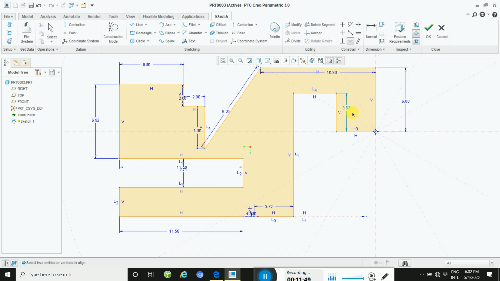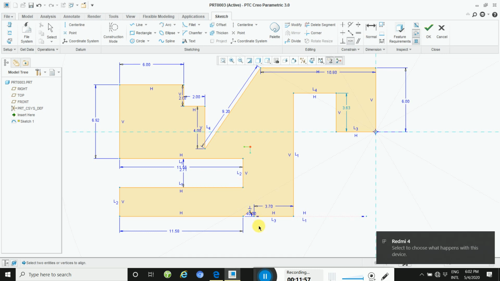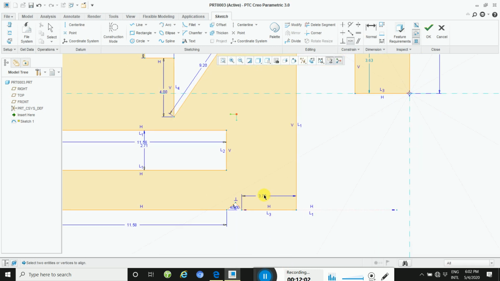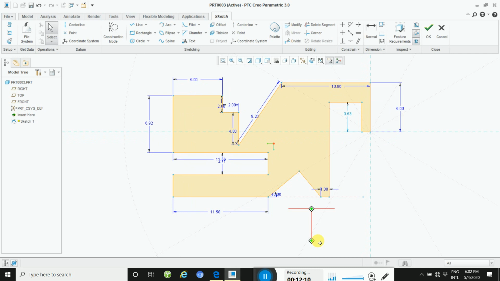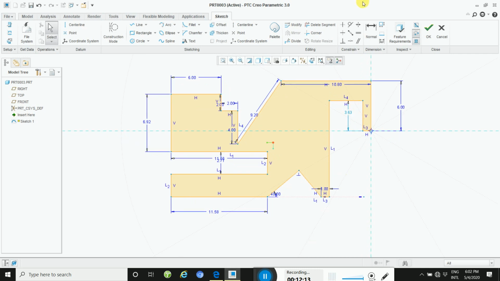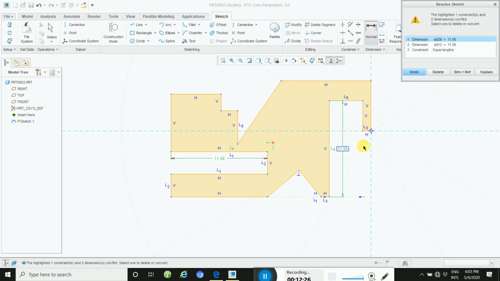And take this dimension. There is a 1 mm. Mouse middle button, then 1 mm. This way, and then take this, here to here. Click here and then the mouse middle button. Once again, take it this way, click here and then 9.